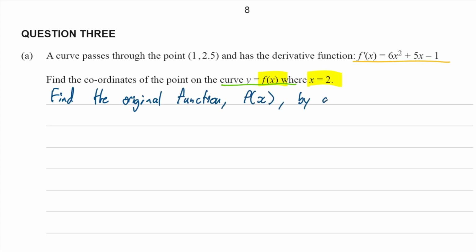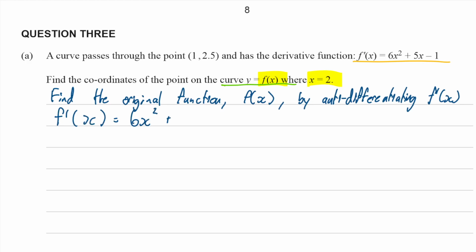by anti-differentiating f prime of x. Right, so the antiderivative of f prime of x will give us f of x, which we need to find the coordinates of the point on that function. So we are given f prime of x as 6x squared plus 5x minus 1, and we are anti-differentiating to get